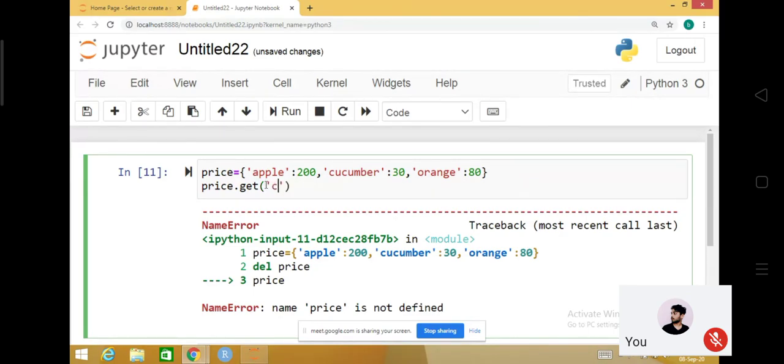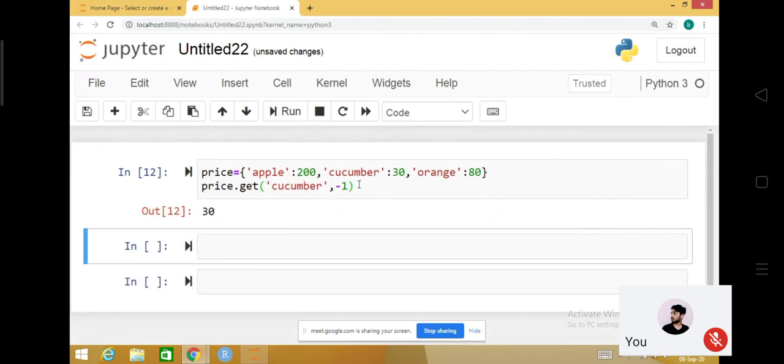Let's do something with this. If it's found, okay. If it's not found, then it should be -1. This -1 is also your choice.